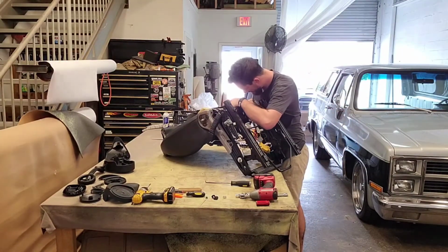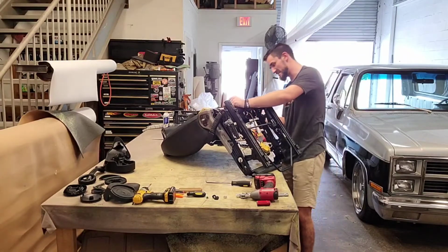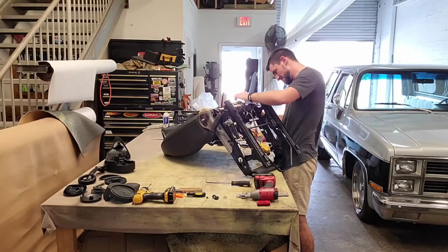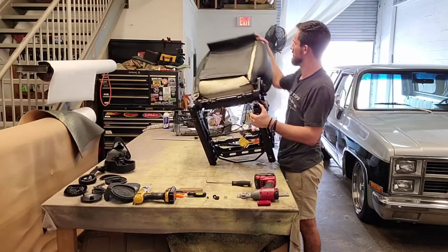This definitely slides up and out of there. And the reason I can't just pull it right off, there is a section right here that it follows. And I need to figure out how this comes out this way in general. So what I'm going to do,